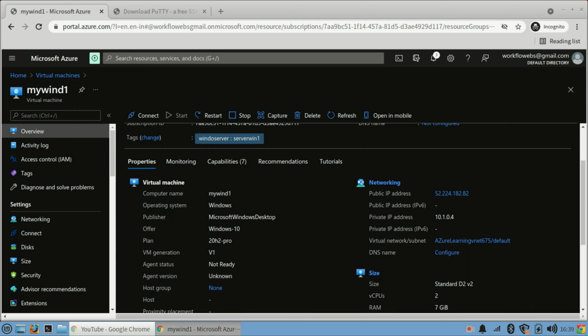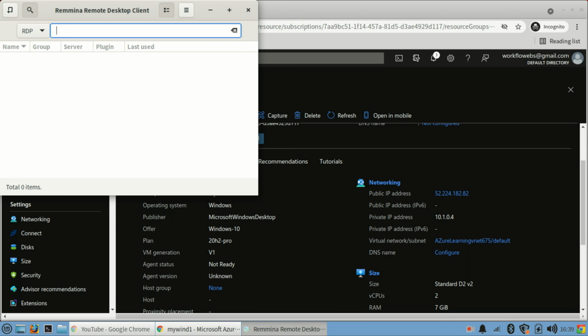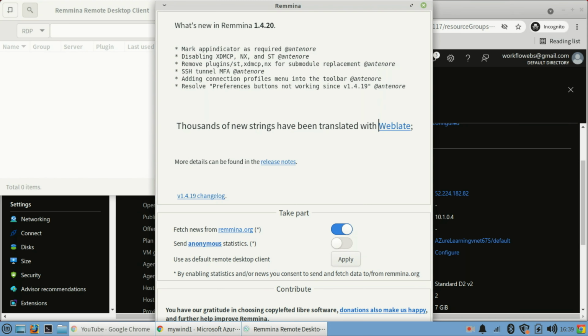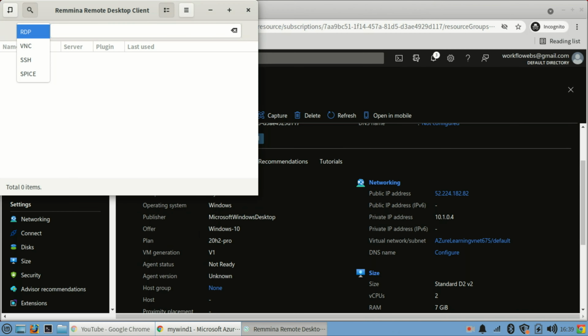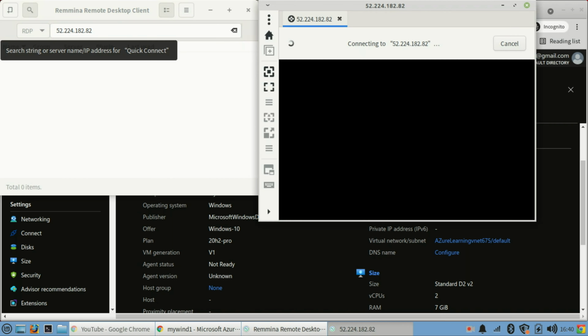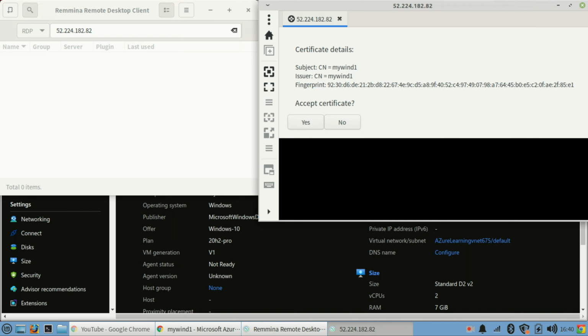So let it open. So this tool will be used for various purpose. So VNC SSH also you can do from this tool, and I will just simply enter my public IP address, and hit enter. So it will connect. So first time it will authenticate.